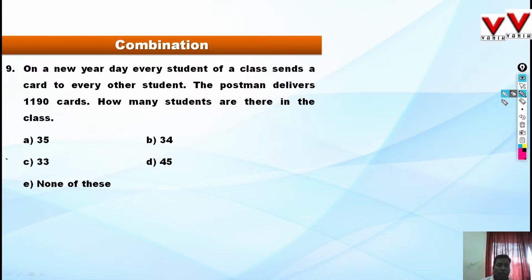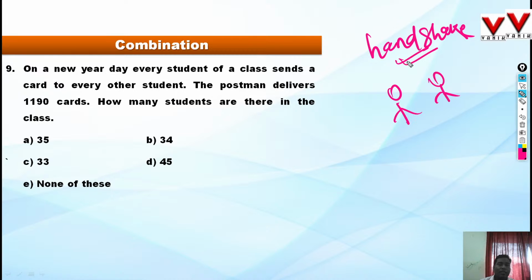On a New Year day, every student of a class sends a card to every other student. For only one handshake, we need only 2 persons. If 2 persons, then the handshake will be made. And in the case of a letter also, we require only 2 persons. This person gives the letter to this person, and this person gives the letter to this person. And for the one letter,